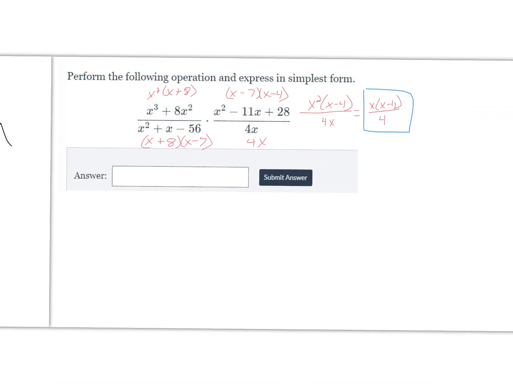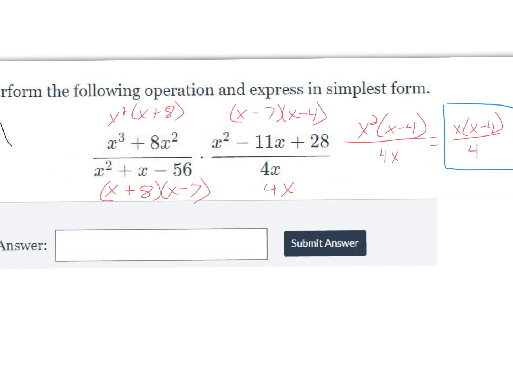So here we are, the next question. This one says to perform the following operation expressed in simplest form. So let me zoom in here a little bit. We have x to the third plus x squared divided by x squared plus x minus 56, times x squared minus 7x plus 28 divided by 4x. So what I'm going to do is factor all of these, and we'll get our different factors,